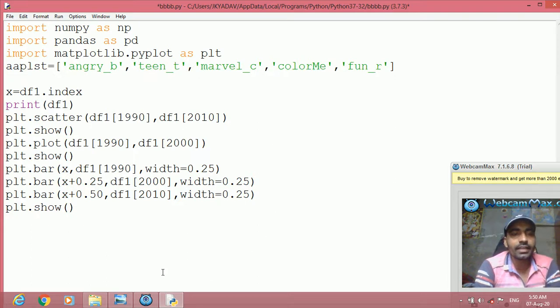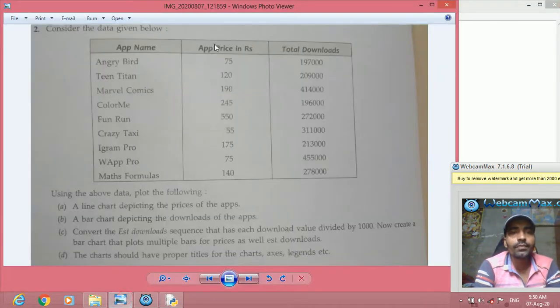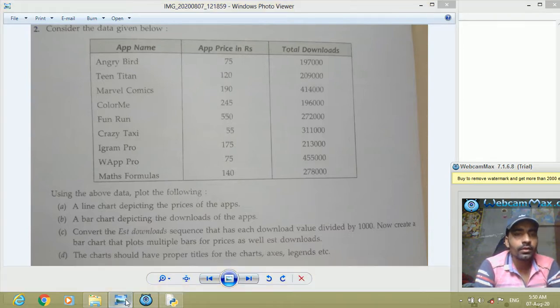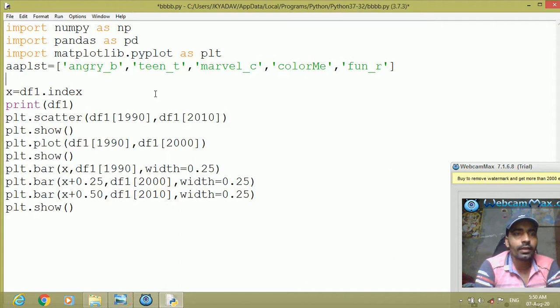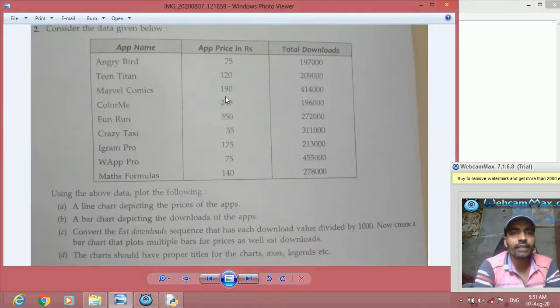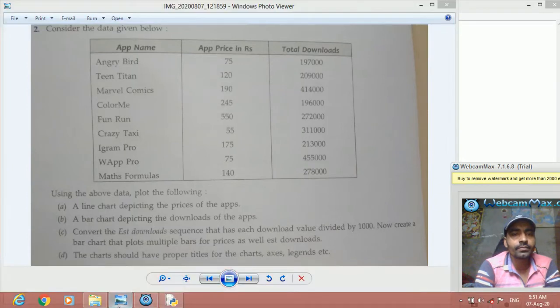Then we have another list of app prices. So app prices, this we can make in the same way. Let us write app_pr equal to list. What are the prices? 75, 120, 190.